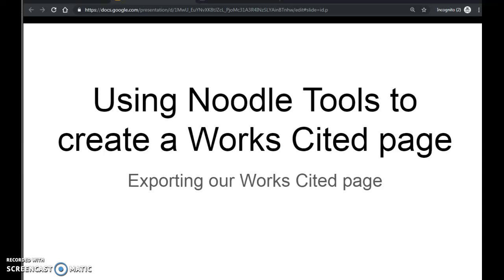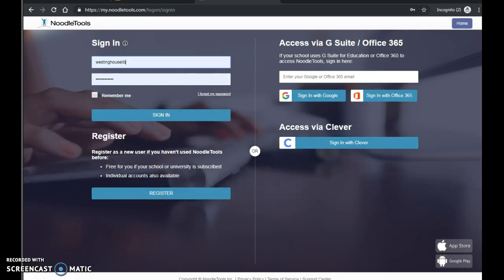Hello. Today we're going to talk about using NoodleTools to create your Works Cited page. So we will be exporting what we have put into NoodleTools into a Works Cited page on a Google Doc. So to start, we're going to log in to NoodleTools,